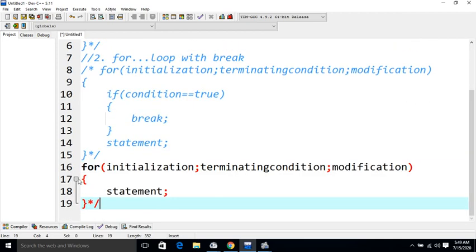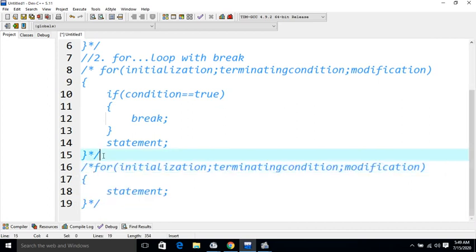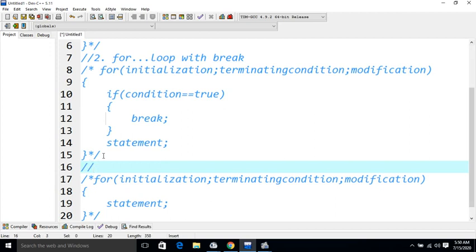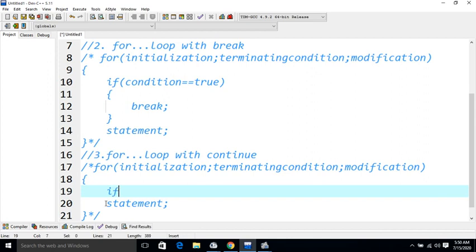Break will stop the iteration of the loop. Now the other one will fit in very well into what we want to look at. So that is the third one. It will fit well into printing of odd numbers or even numbers. So this is for loop with continue. For loop with continue. What will happen here is that you have your if